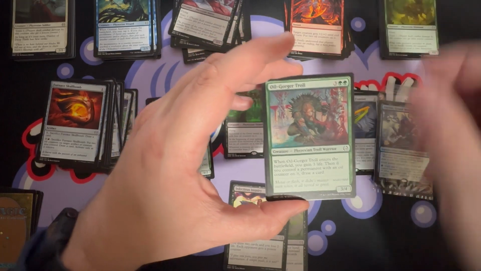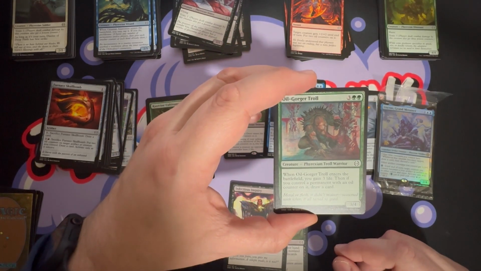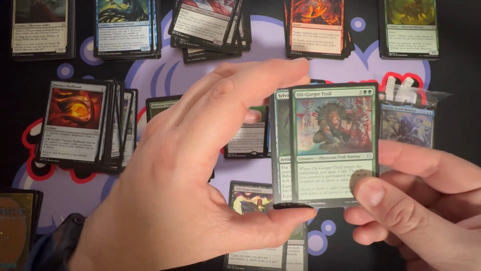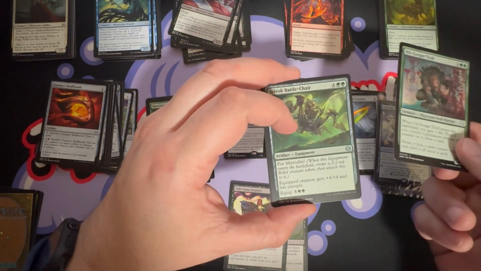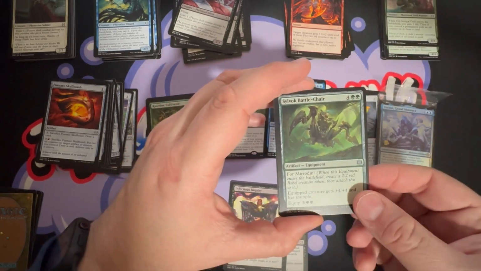It looks like when Oil Gorger Troll enters the battlefield, you gain 3 life. Then if you control a permanent with an oil counter on it, draw a card. Already good. It keeps you alive, a decent body. And if you have an oil counter, which these colors looks like you're aiming for oil, playable. And then for Mirrodin,